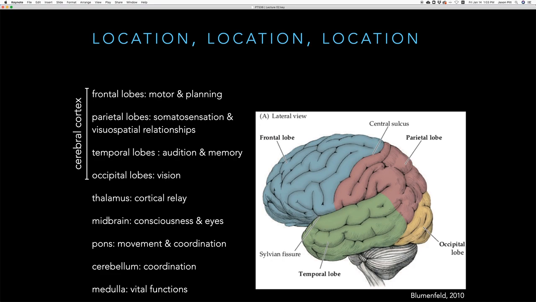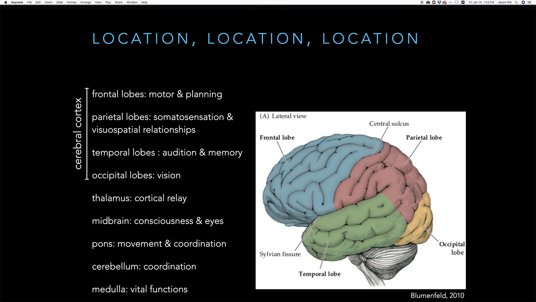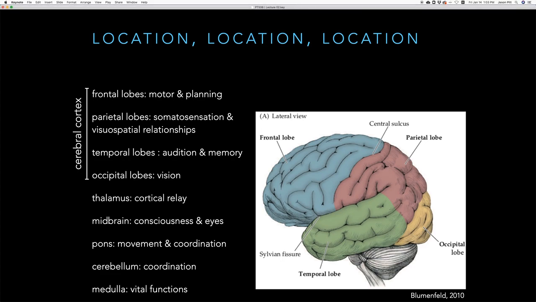So for frontal lobes, we want to think behavior. So motor output. The motor cortex, for example, is found in the frontal lobes. In the prefrontal cortex, this is largely just an association region where we're combining all the information from other lobes, such as visual input from the occipital lobe, somatosensory and spatial information from the parietal lobes, auditory, memory, and emotional information from the temporal lobes. All that comes together in the frontal lobes so that we have a